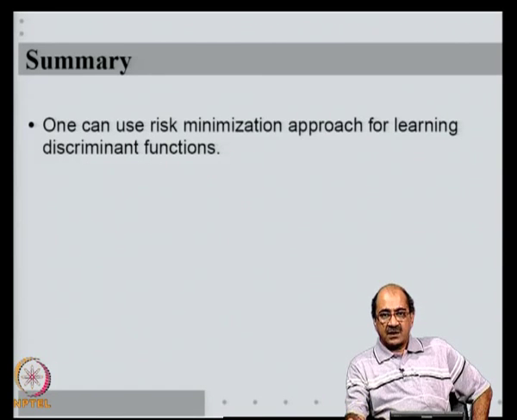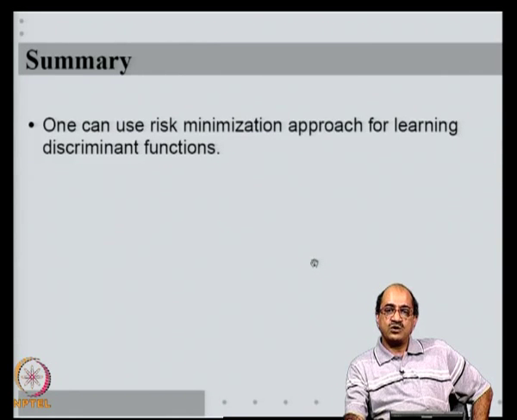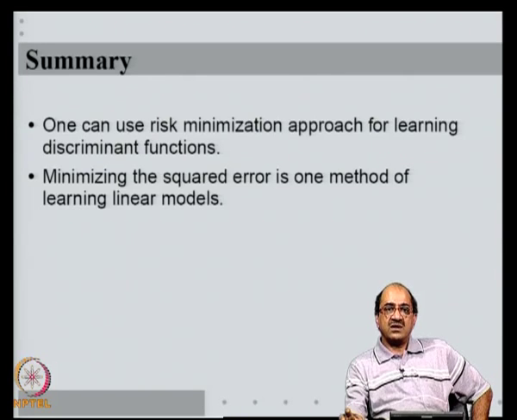Even though to use risk minimization approach, we may not be able to use 0-1 loss function, we have to use squared error loss function. Learning discriminant functions using squared error loss function and minimizing the risk is a very standard approach to learning linear models. That is why many linear learning approaches go under linear least squares learning approaches. So, both for learning classifiers as well as regression functions, we often use a linear model, use a squared error loss function and minimize risk.